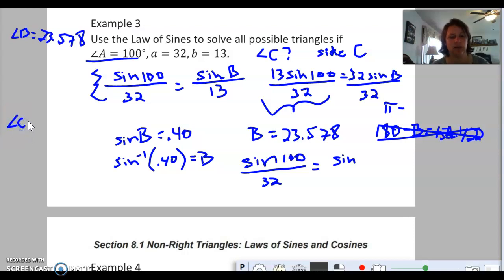So we need to calculate angle C, which we will calculate by doing 180 minus the sum of 100 plus 23.578. Oh, and I am almost done. So I'm going to go ahead and give you guys these answers. 27.072